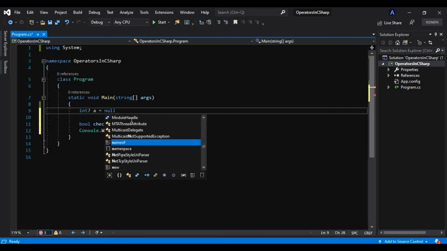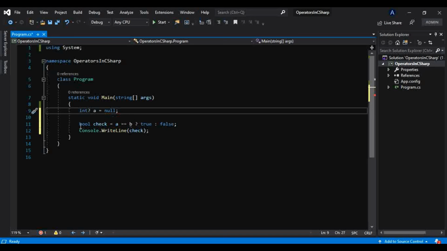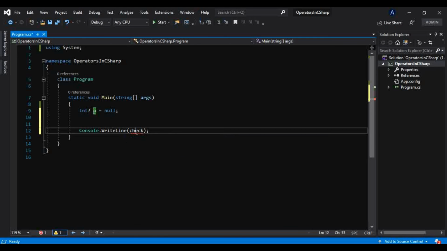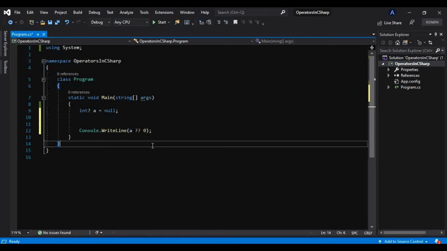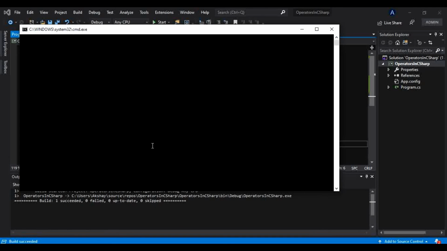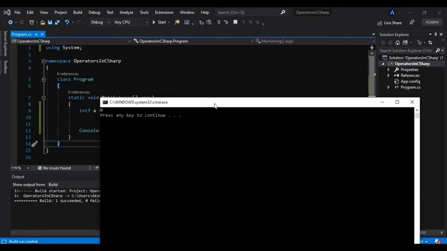Now if I store null to this, in the console operation I want to check if a is null, then I want to print a default value, otherwise print the value. How can we do that? If I do something like this, a double question mark 0, what will it print? It is returning 0.